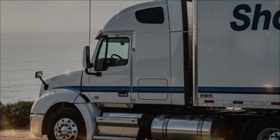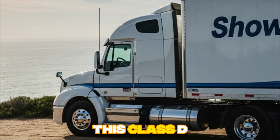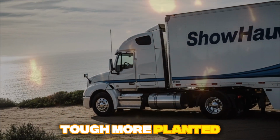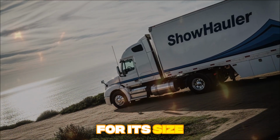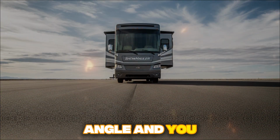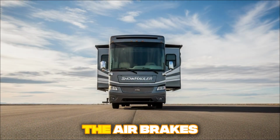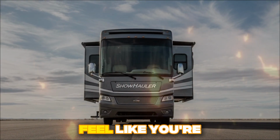If you've ever driven a big Class A motorhome, you'll notice how this Class D truck-style rig just feels more tough, more planted. You sit higher, see further, and the turning radius isn't bad for its size. The mirrors are huge, cameras cover every angle, and you even have a 360 top-down view when backing into tight spots. The air brakes hiss when you park, the suspension drops a bit, and you just feel like you're in